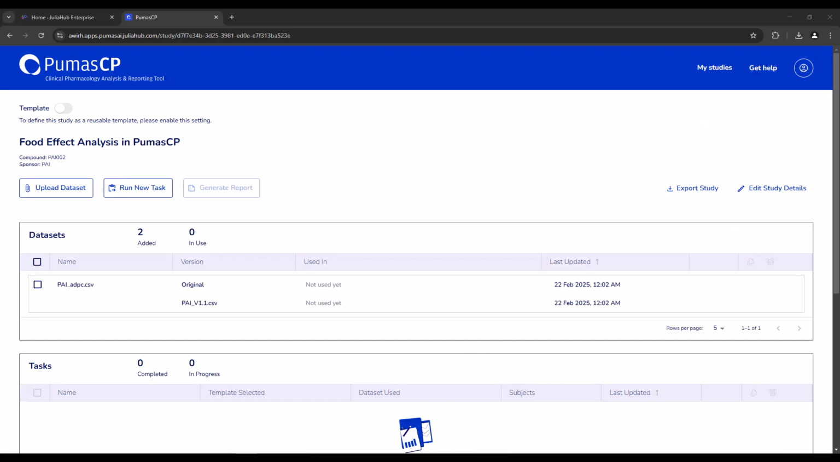Welcome to this new session on food effect analysis. So basically we'll be doing here a non-compartmental analysis to understand the effect of food on the pharmacokinetics of the given drug. So here is an ADPC dataset, an example data again, and I have performed some basic data transformations